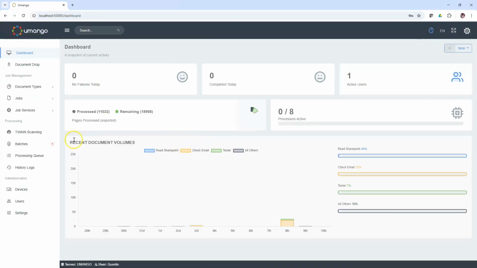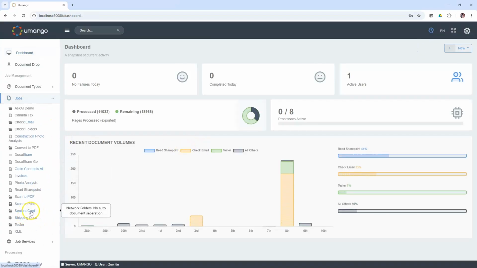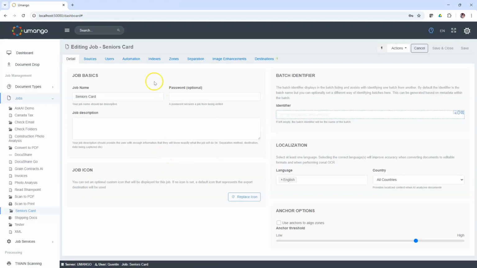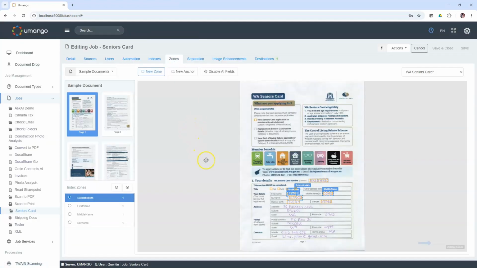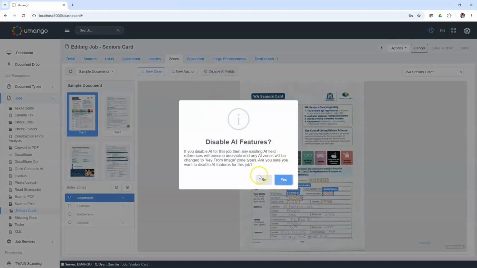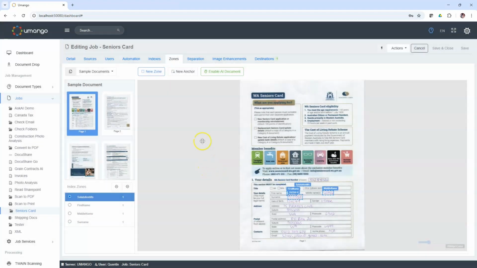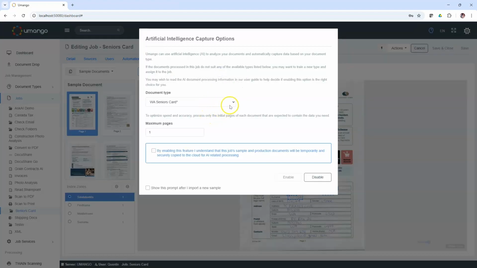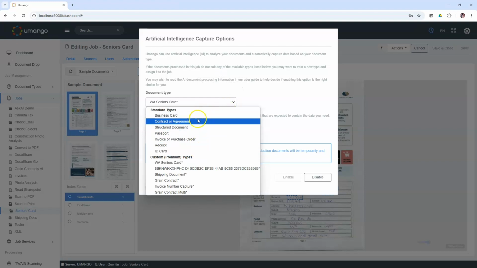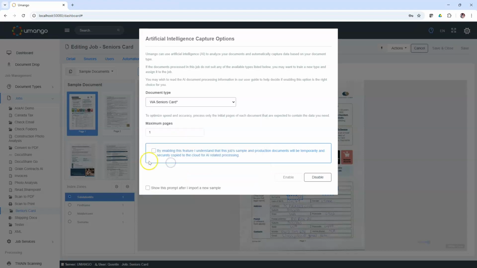I'll close that. And if I go back to my jobs here and I go to seniors card, I had previously trained this. You'll see I've got a very similar document, and you can see it's assigned the WA seniors card here. And in fact, what I might do, if I disable those AI fields, and let's pretend I'm going to re-enable it again, you can see that I have all the standard document types that you'd be familiar with, invoices and contracts and business cards, whatever the standard pre-trained types. But I've also got all these other ones that I've trained here as well. So in this case, we're talking about seniors card. So I add seniors card